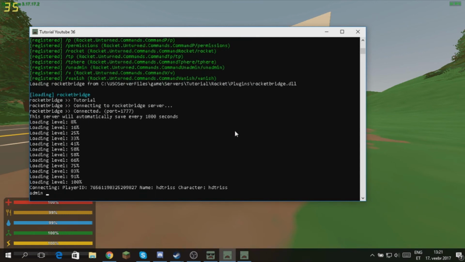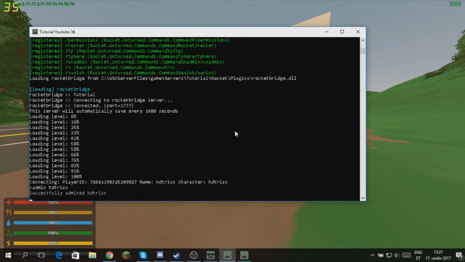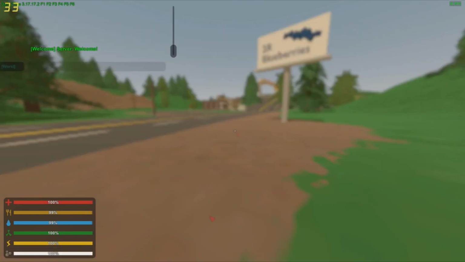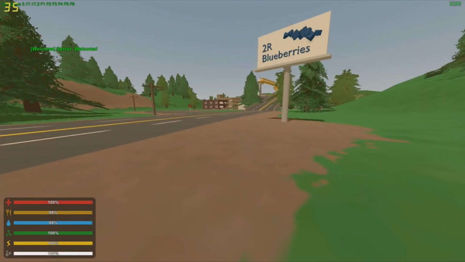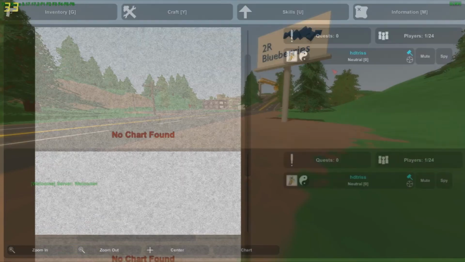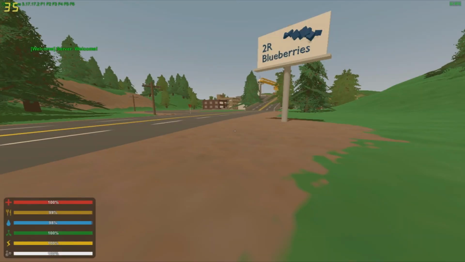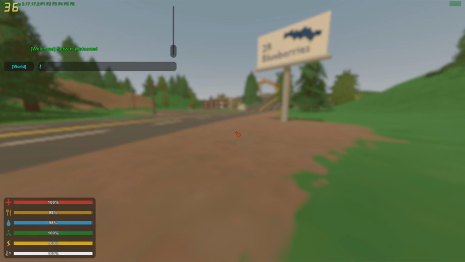Admin, and then put your name. And then you will see that it's blue, and here it's still blue, and you can spawn stuff in.